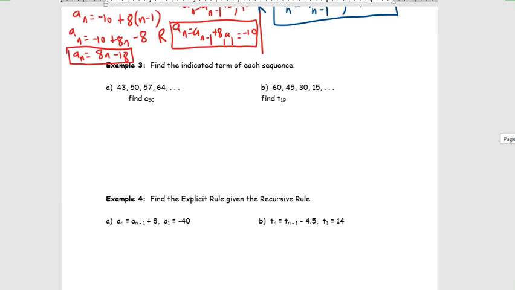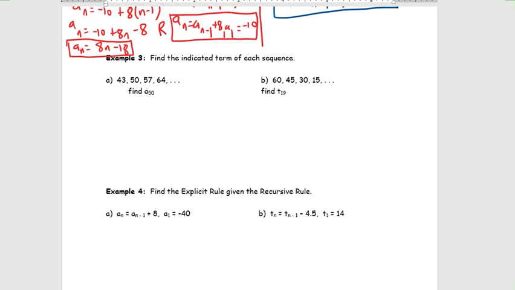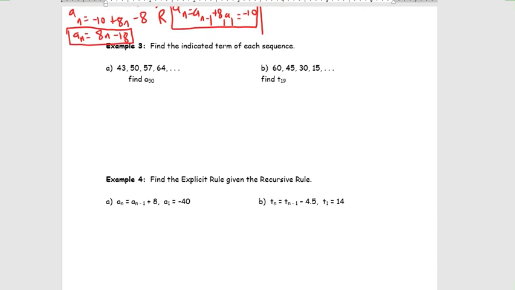All right, example 3. Find the indicated term of each sequence. So this is really what the explicit form of a sequence is used for, finding a particular term number. So we want to know the 50th term. Well, we've got the first 4, so we could continue this pattern 46 more times. But there's a quicker way for us to get that, to just come up with that explicit formula and then